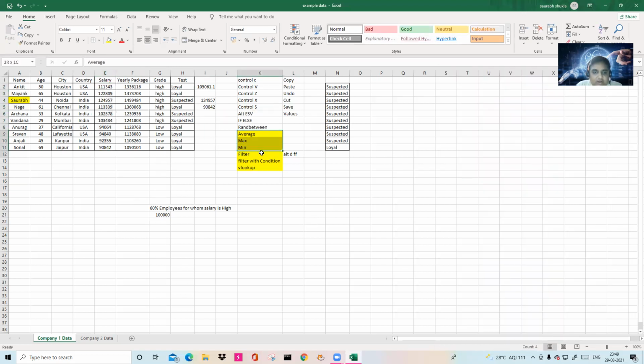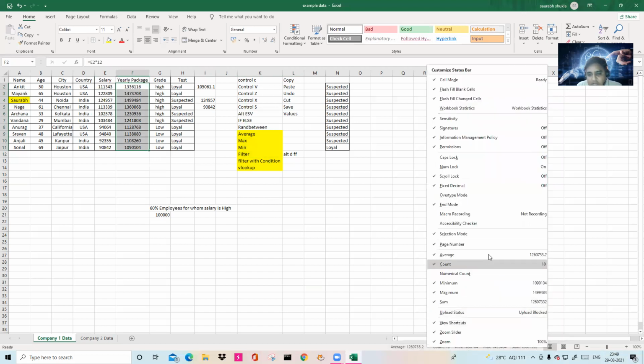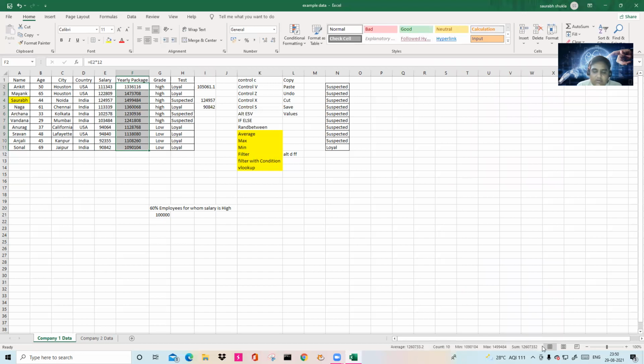So instead of applying the formula, you just select this particular row and it will show you everything. How to do that? Just right click here and this particular menu will come. You can see minimum, maximum, the sum, the average, everything is given here. So you just apply that and it will show here.